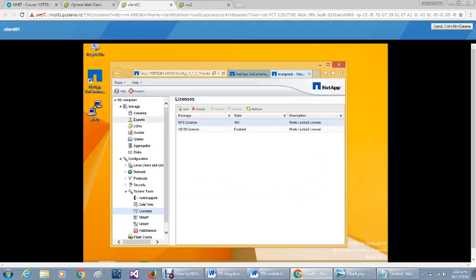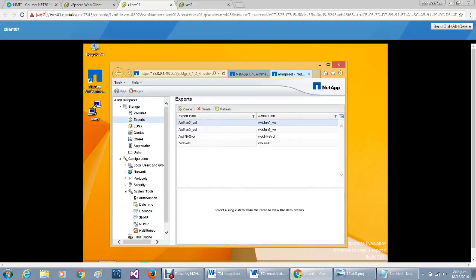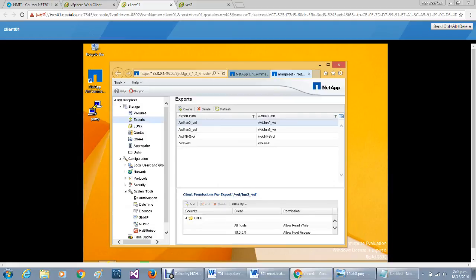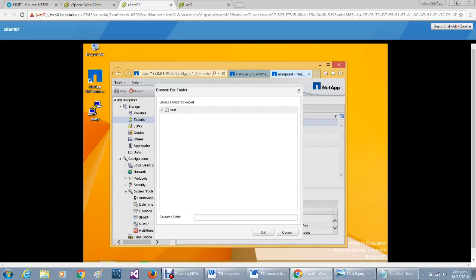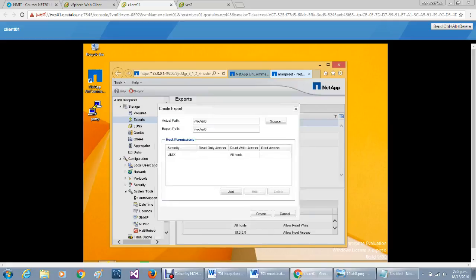For this I am going to Storage, then Exports, then click on Create, then we click Browse. Here under aggregate 0 we have to choose volume 0, then click OK. We can see that our volume 0 is added. Then we select Unix and then click on Edit.